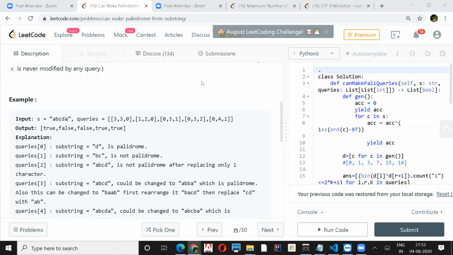I said backtracking because we can generate all possible combinations of the A, B, C, D string, right? Permutation, yeah. And then check whether it forms a palindrome or not. So for calculating the permutation, you will be using backtracking. Yeah, we use the concept of backtracking. It's like the DFS approach.